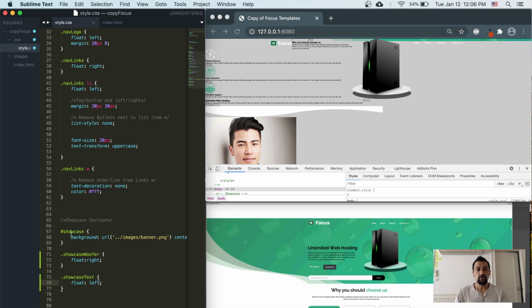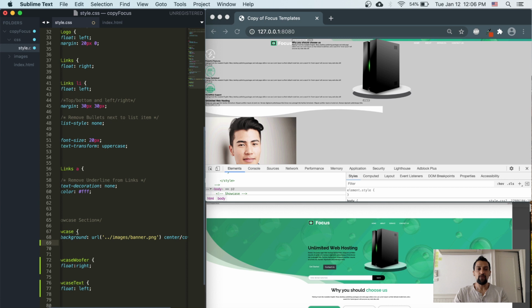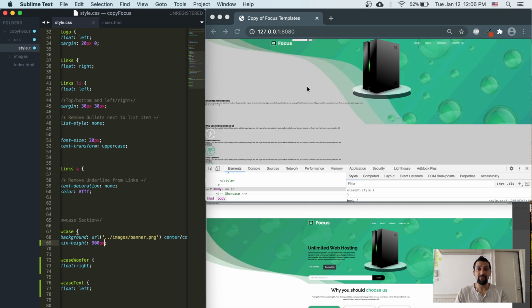Agreed. And so what we have to do is make our showcase background big enough to be able to encompass everything we're seeing. So we want to give this a min height of 900 pixels. Once we give it a minimum height of 900 pixels,